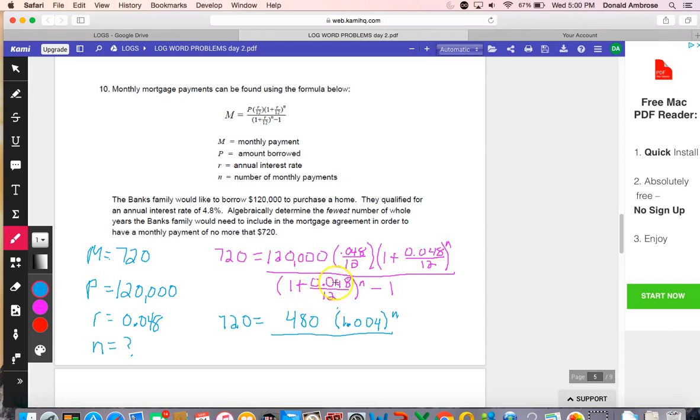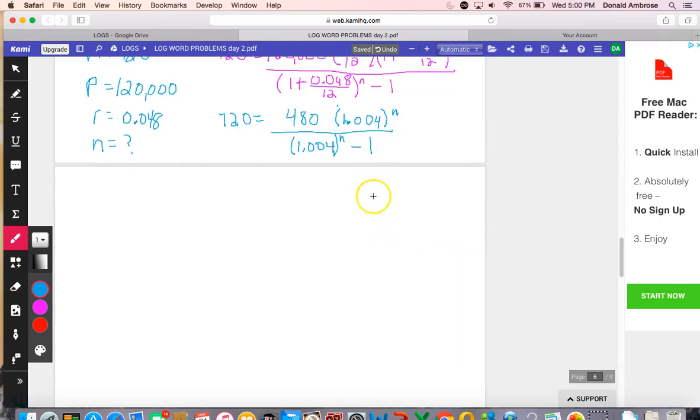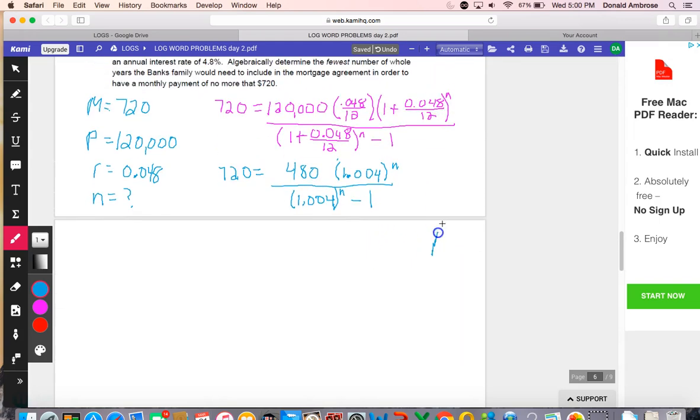And then in the denominator, again, we have this 1 plus 0.048 over 12. We can rewrite that as 1.004 raised to the nth power, and then we have minus 1. So we've simplified things down, and the original equation, I'm sure, is somewhat intimidating, but now we have something a little bit simpler. But we still have to try to solve for the n variable, which is located in the